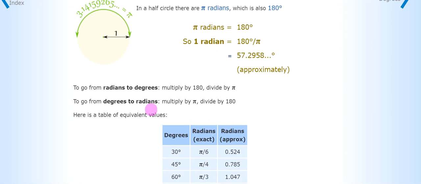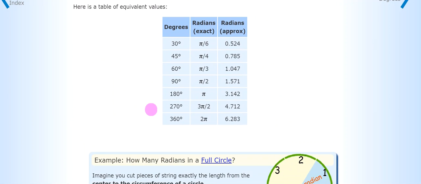So we're using kind of this information. 30 degrees is pi over 6. Why is that? It's a sixth of 180, yeah. Simple as that. 45 degrees is a quarter of 180. So it's a quarter of pi. 60 and so on. So we've got here, the thing about radians in exact form, well, we're not always going